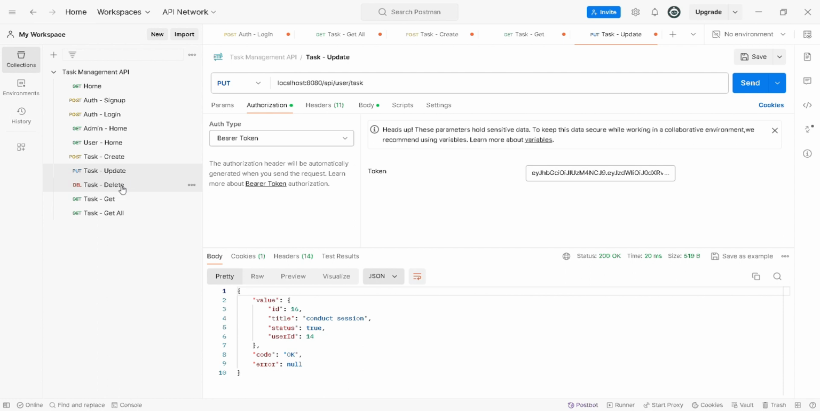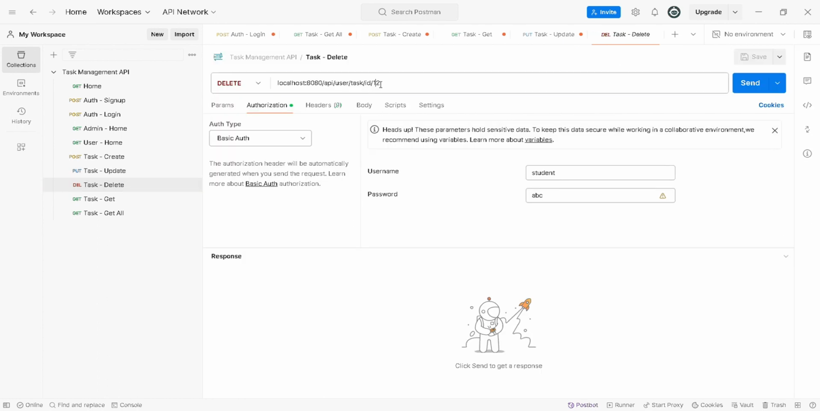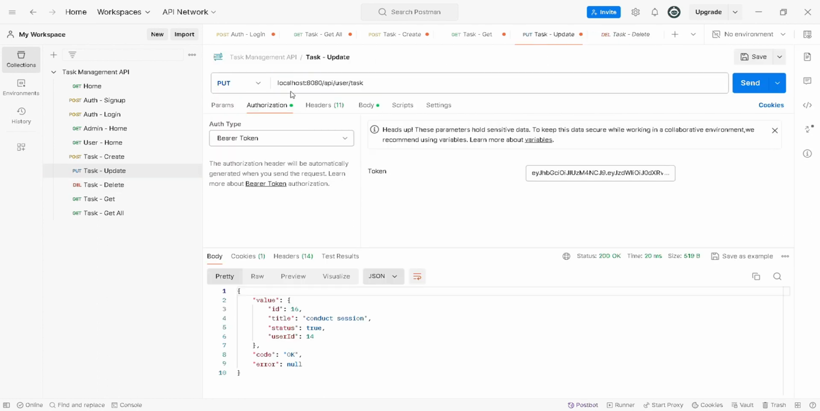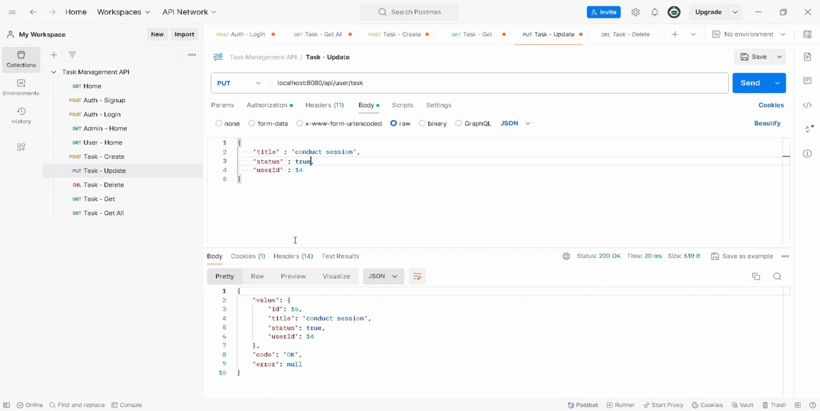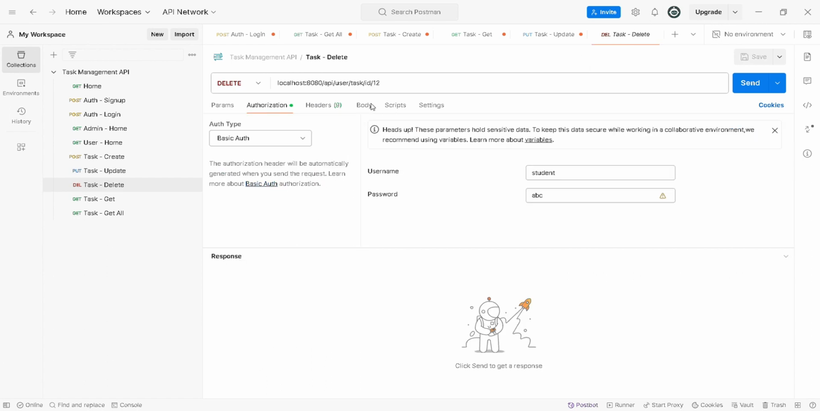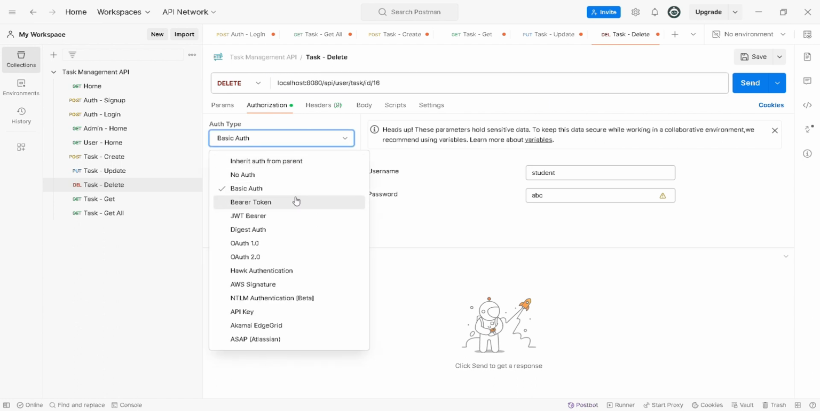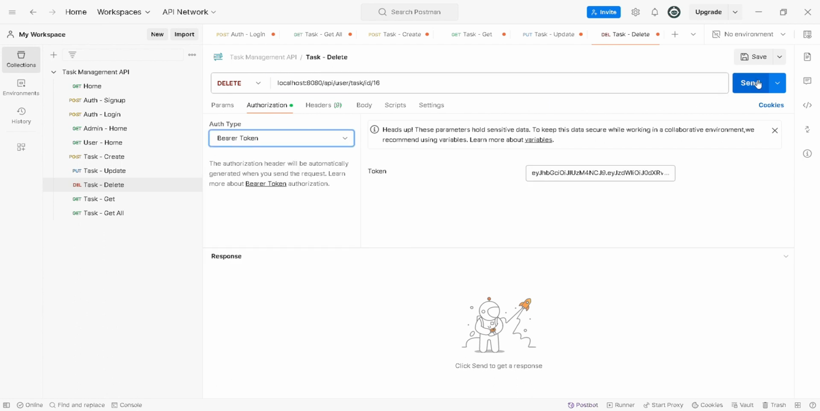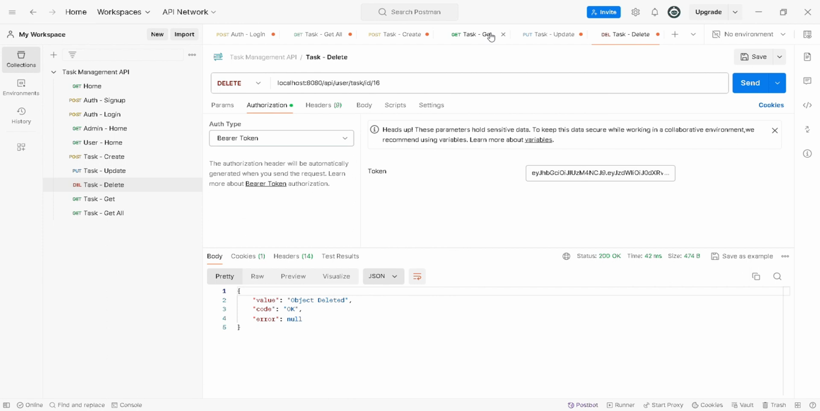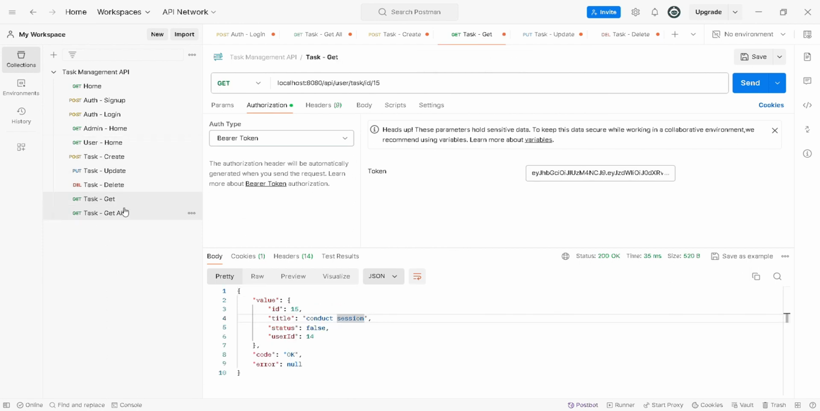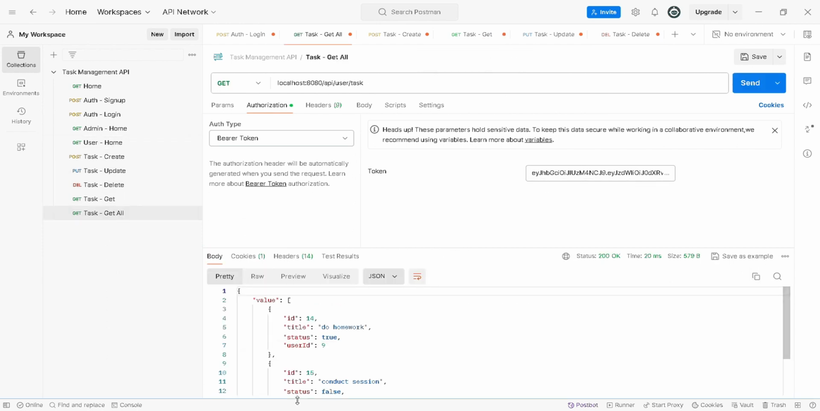The last thing was to test the delete endpoint. If you check, its ID is 16. So let's try to delete it from there. 16. Let's say it's a bearer token, and it says the object is deleted. So let's pull all the tasks and see if we are getting the result. It should be deleted. Conduct session,